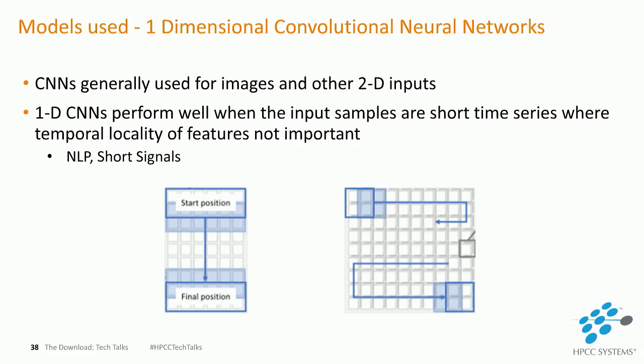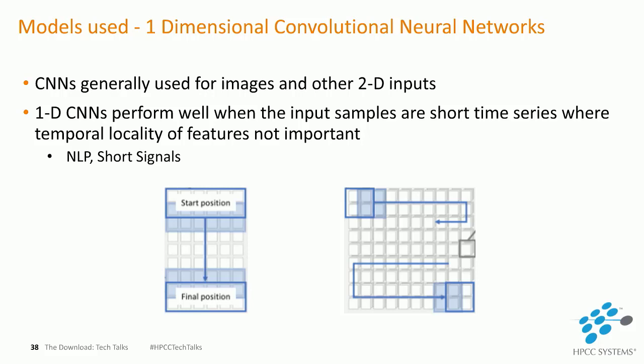Now coming to one-dimensional CNNs, this is a beautiful algorithm and I would have loved to go into the depth of it, but due to certain time constraints, I wouldn't be able to. But I'll give you an intuition about how one-dimensional CNNs differ from the two-dimensional ones. In a two-dimensional CNN, your input would essentially be one 2D image or any two-dimensional sample. You would have a small kernel that iterates through the image, as shown in the figure to your right. It would essentially be like looking at a dark image with a flashlight.